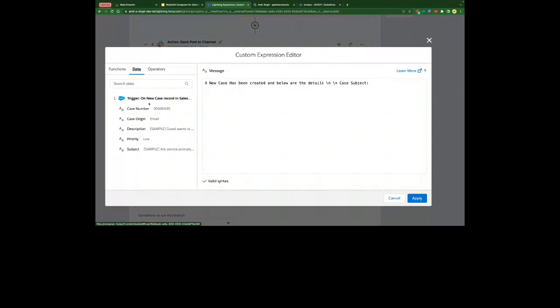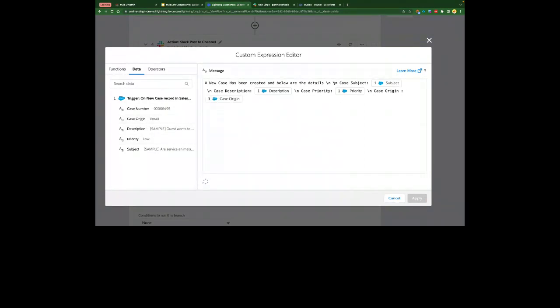Then we could get the data about case subject, the case which has been created, from the data tab. You see here data tab, you will see case new record, and you can only see the fields which we have selected. So we have to select case subject, then use /n for the new line, and let's say case description. Then we have description here, again /n, we can say case priority. Similarly we can do for case origin,